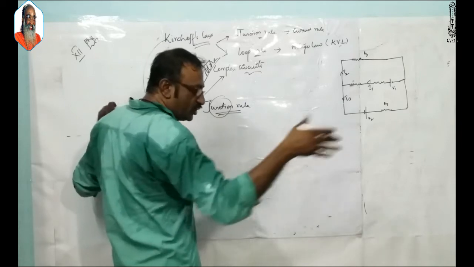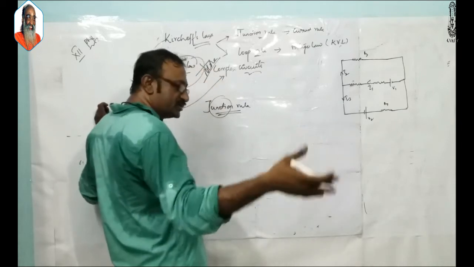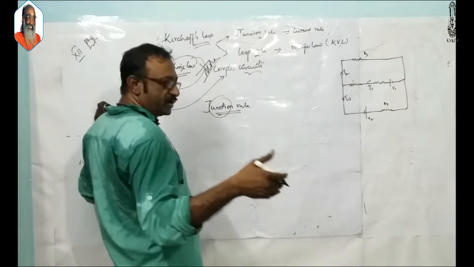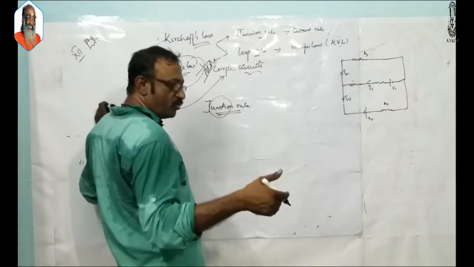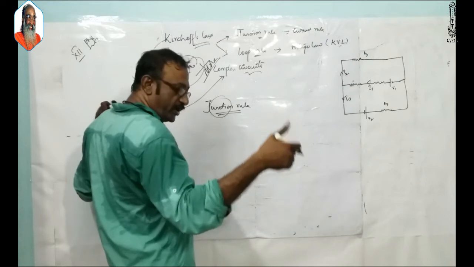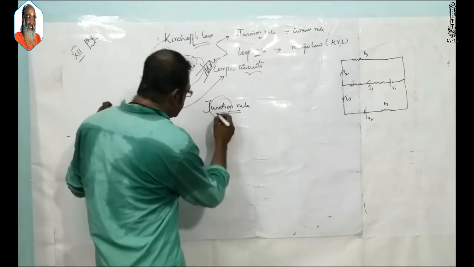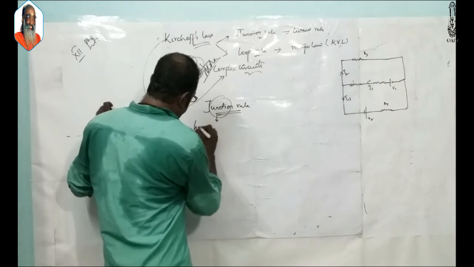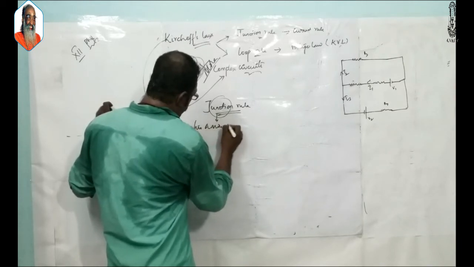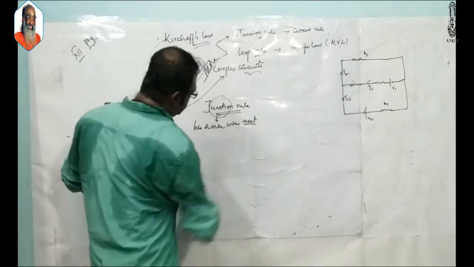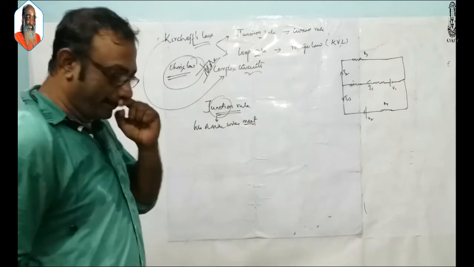Similarly here, we are dealing with electric current. Here we deal with circuits, we deal with wires, and where two or more wires meet, that point we will be calling a junction. Where two or more wires meet, we will be calling it a junction. Okay. Now we understood what a junction is, and what does the rule say here?